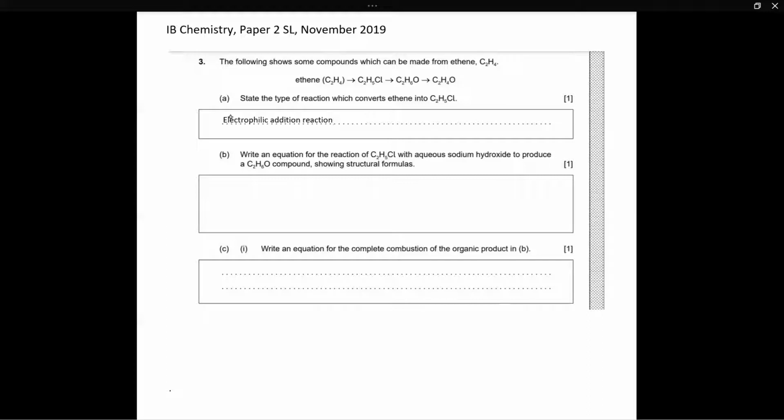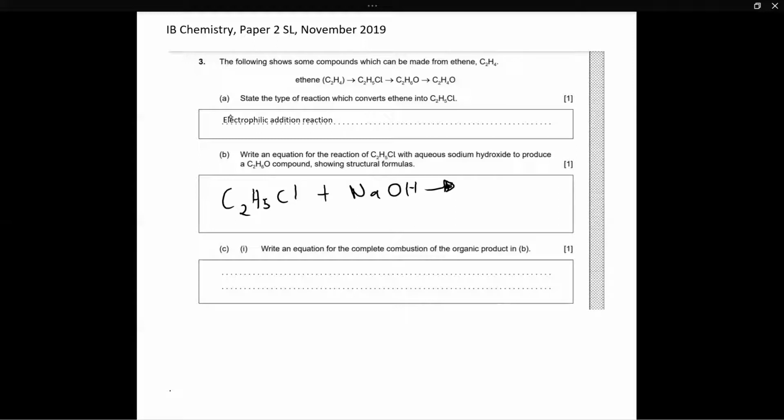So let's look at the next question. It says, write an equation for the reaction of C2H5Cl, which is the halogenoalkane, with aqueous sodium hydroxide to produce a C2H6O compound, showing the structural formulas. So now it has said the structural formulas, that means it's just going to be a word equation. Now, we know that you have the halogenoalkane, which is C2H5Cl plus NaOH. This is going to actually give us, but before I tell you what the result is, you should know